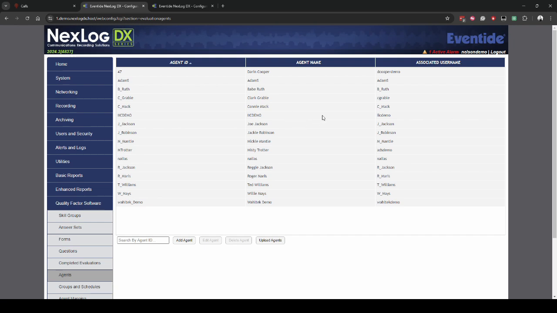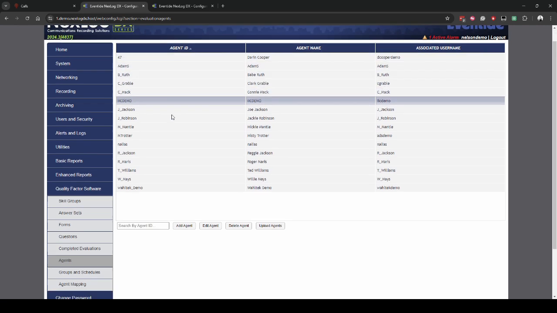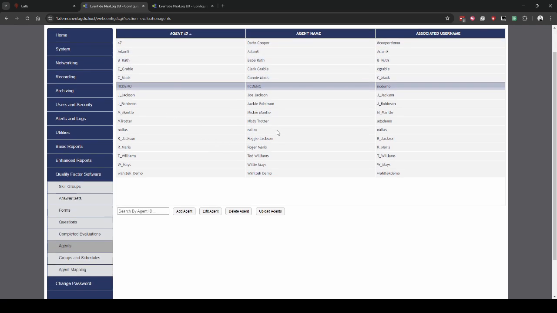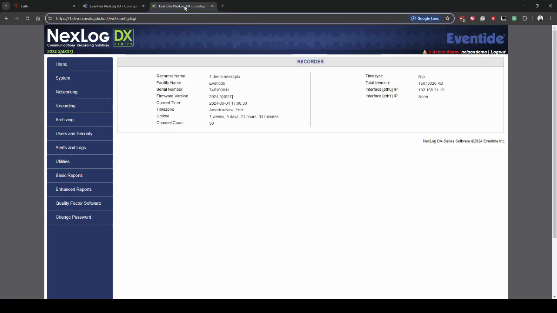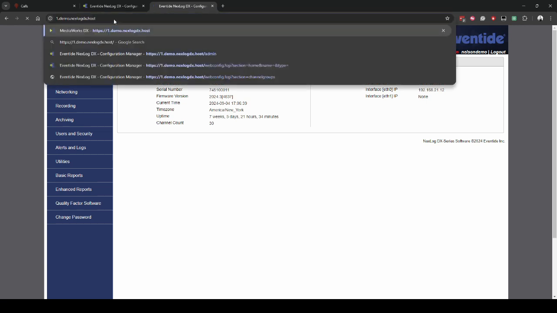And then once they have that permission, you can come in here and you will have a username on the Nextlog system. You'll put in their full name here in the agent name, and then they'll have their agent ID. And this is actually how the system will go about tagging evaluations or scheduled evaluations to the agents/users that are in the system. So what that'll look like on the MediaWorks side of things